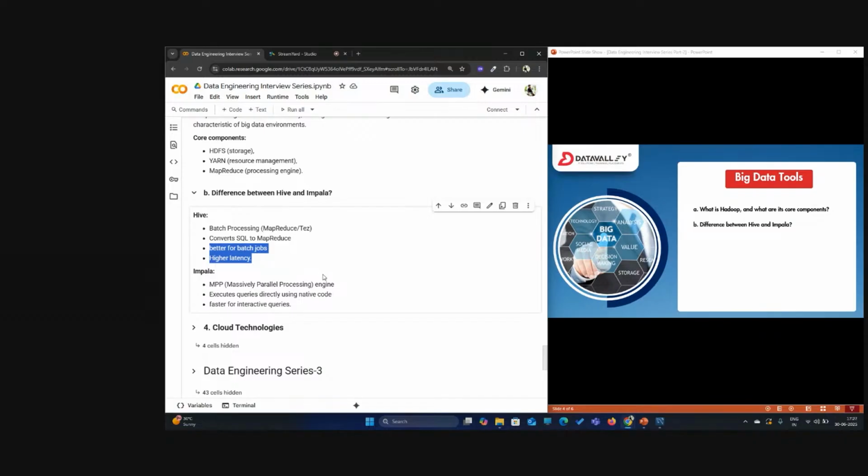So similarly, when talking about Impala, you don't have to write anything. It has a native code. So whatever native code you write in Impala, it gets executed instead of conversion. And Impala is specifically useful for interactive queries, and the reason being it's massively parallel processing. So you're going to get parallel processing, and therefore it helps with faster interactive queries. Okay,